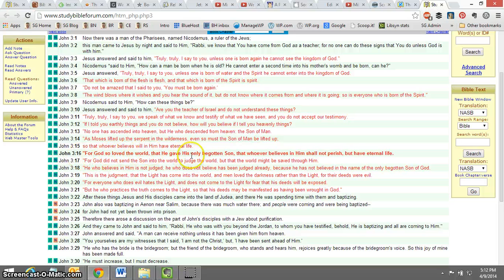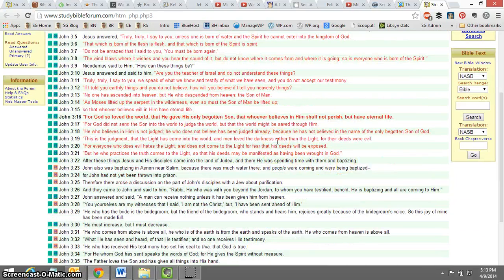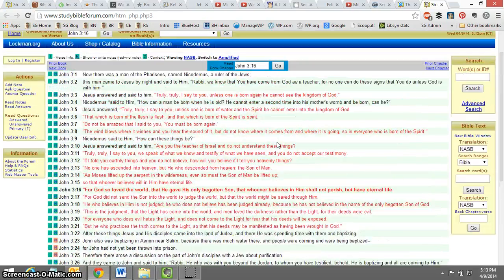And you see it's in bold print. That's to distinguish it so you can pick it out very, very quickly. For God so loved the world that he gave his only begotten Son, that whoever believes in him shall not perish but have eternal life. So if you knew the chapter and verse, this is how you would get to it. And it's never going to give you just the verse the way this particular online version works. It's going to give you the whole chapter and then put in bold print the specific verse that you wanted